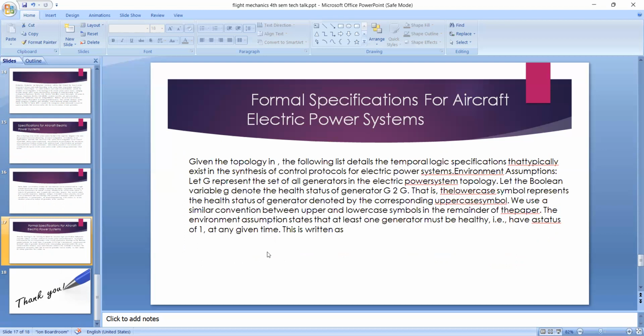G represents the set of all generators in the electric power system topology. Let the Boolean variable g denote the health status of generator G. That is, the lowercase symbol represents the health status of the generator denoted by the corresponding uppercase symbol. We use this convention between the uppercase and lowercase symbols in the remainder of the presentation. Thus, the environment assumption states that at least one generator must be healthy, having a state of 1 at any given time. This is written as